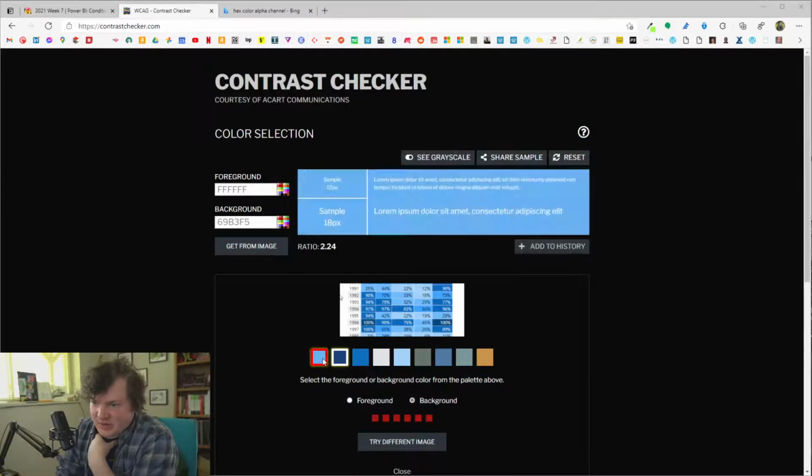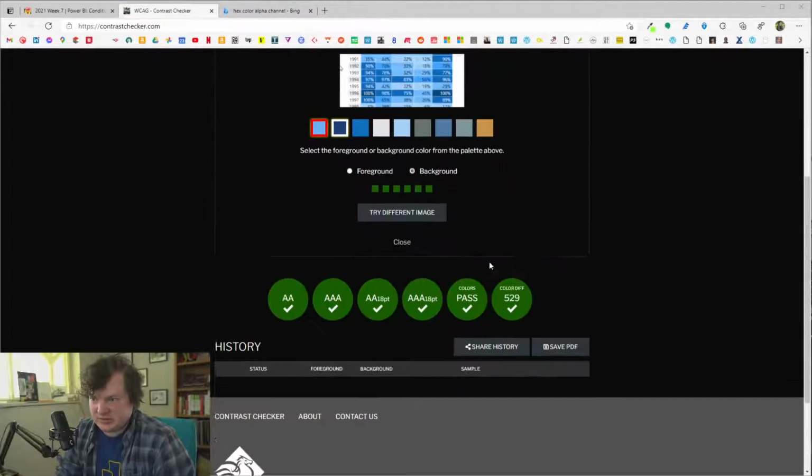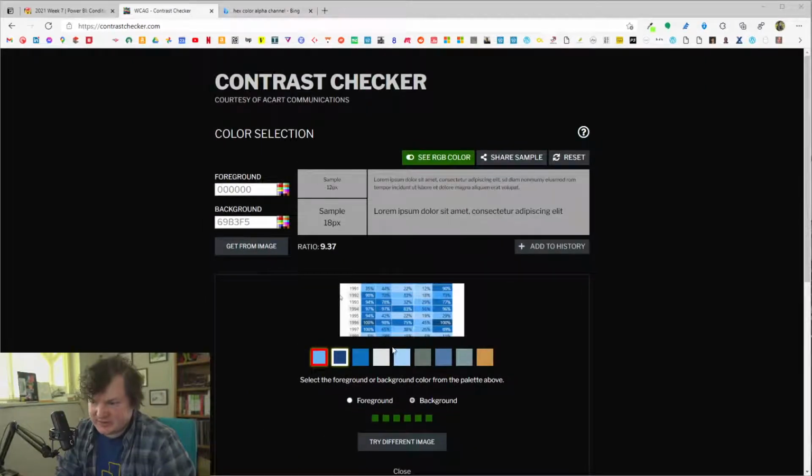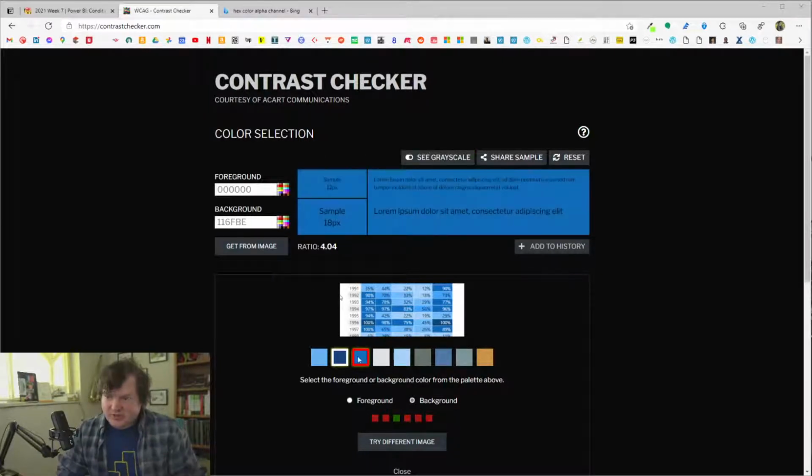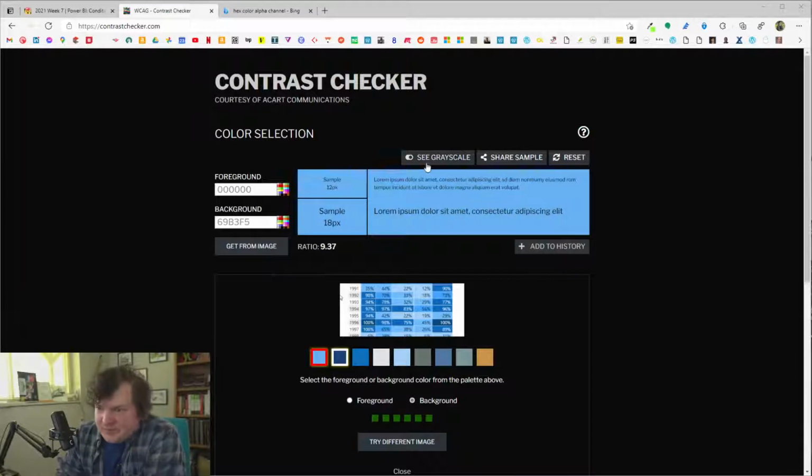And then on this one, we're using black. Okay, that passes. And then when we keep bringing our grayscale backgrounds down, I'm pretty happy with where we are. We're still technically failing